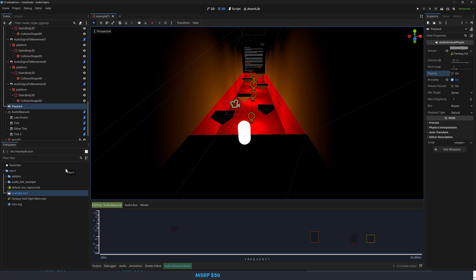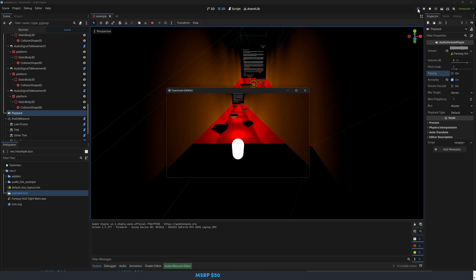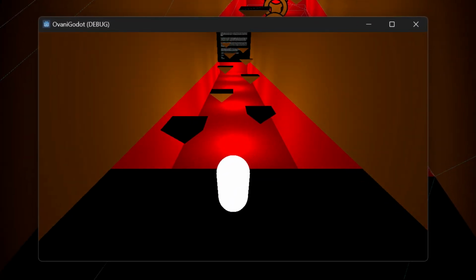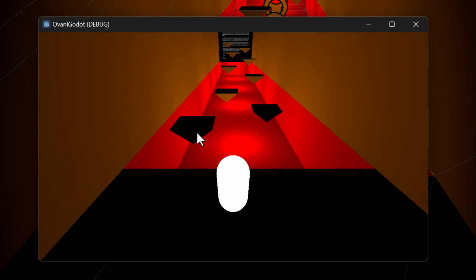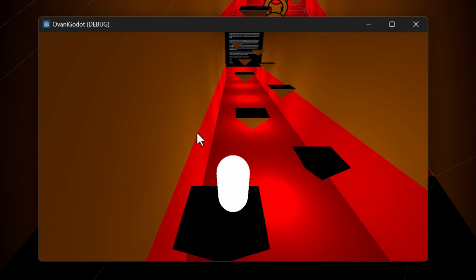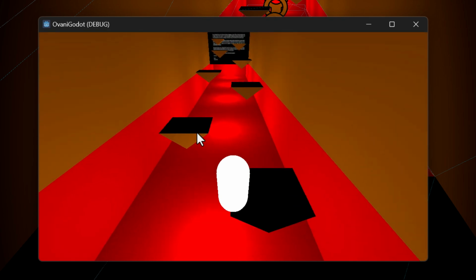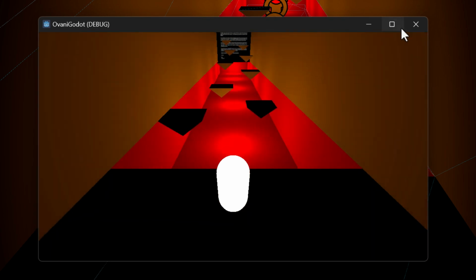So you're wondering, okay, what the hell am I talking about? Well, let's go check this out. So go see this demo they've done. It's a little platformer. You notice as the music is going, different music beats are causing these different platforms to rise at a different time. So if you want to have the audio in your world actually impact the way things happen,